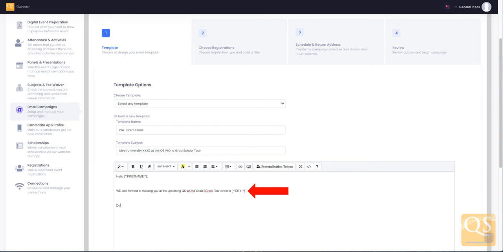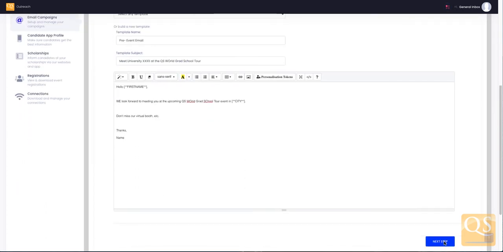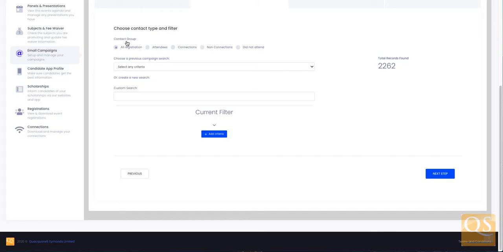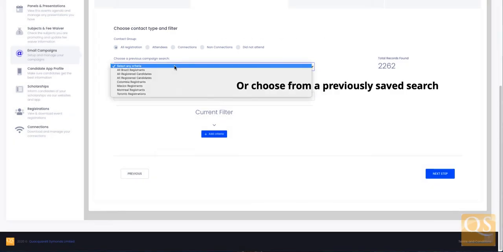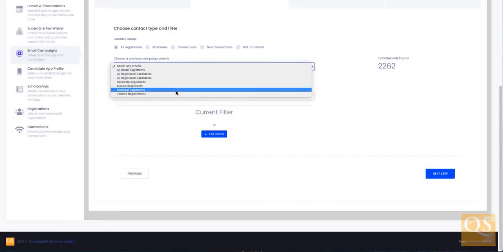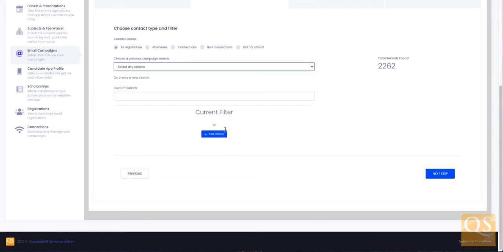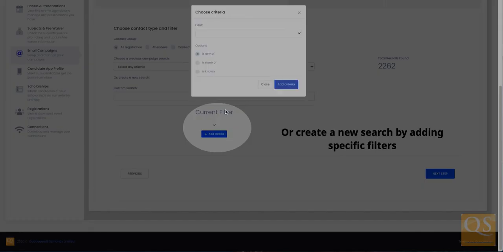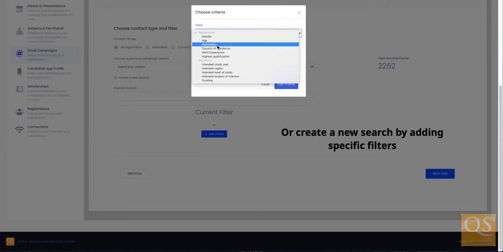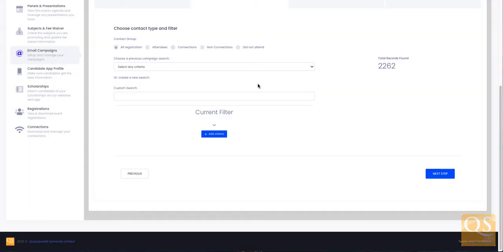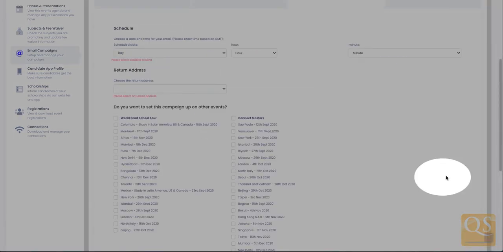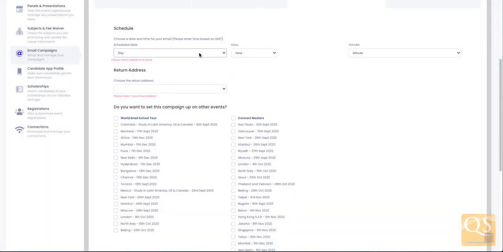When you complete your message, click on Next Step to select the appropriate audience. Your options include all registrations, event attendees, connections, etc. Alternatively, you can choose from a previously saved set of search parameters, or you can create a new set of search parameters by adding specific filters. This is a great feature if you want to target your message to a narrower audience. For purposes of our demonstration, we are going to select all registrations, then click Next Step to schedule the send